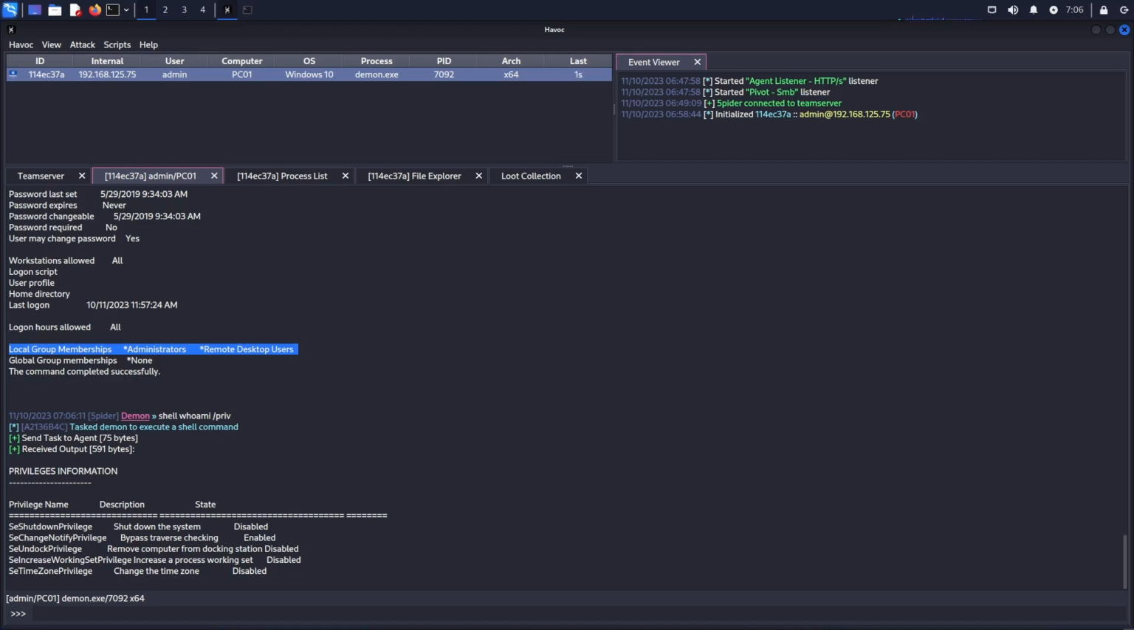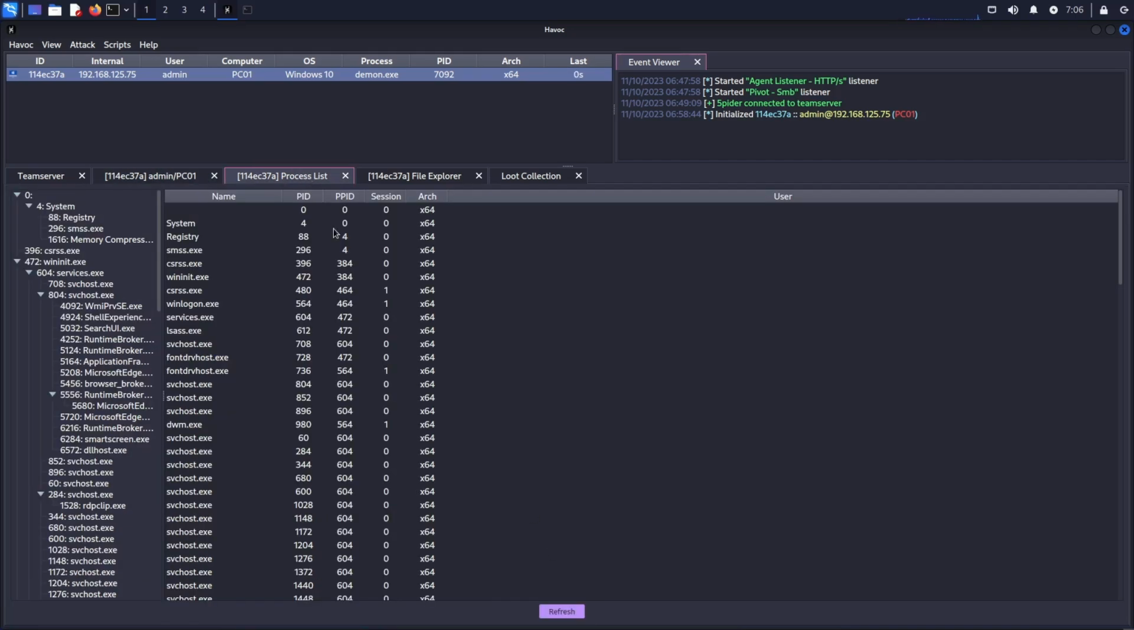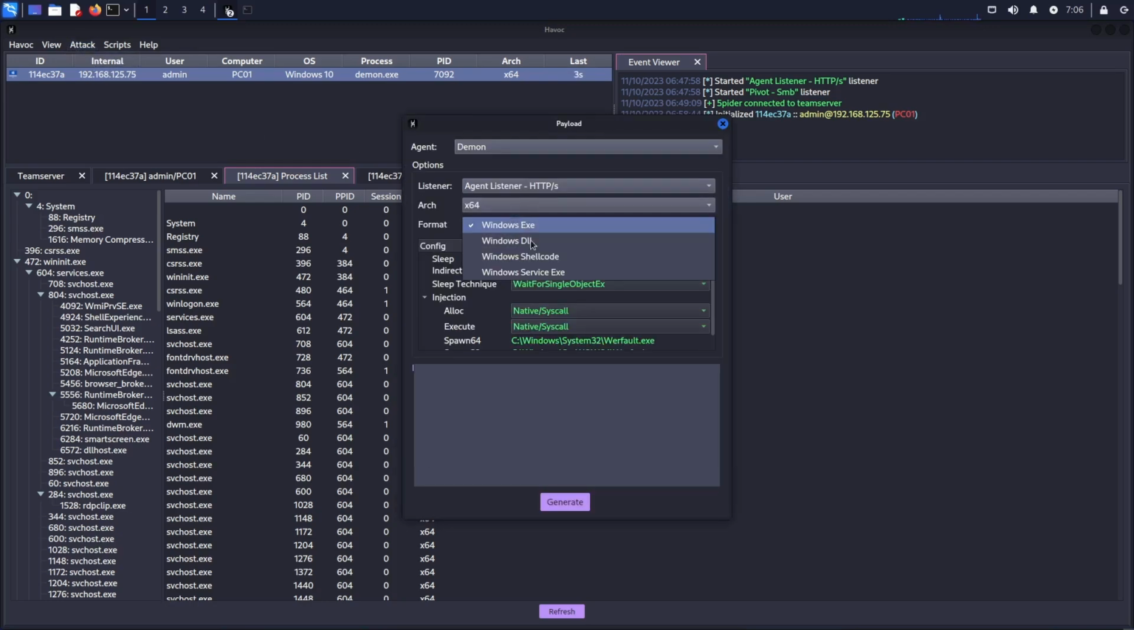So one thing that we can do is, if we go back to the process tree, I want to show you some shellcode generation and injection. We can actually try and inject shellcode into a process, right? So in order to do that, let's go into attack payload, and we're going to generate shellcode. So Windows shellcode, and in here we'll again select the sleep technique as echo, and we're going to say generate,